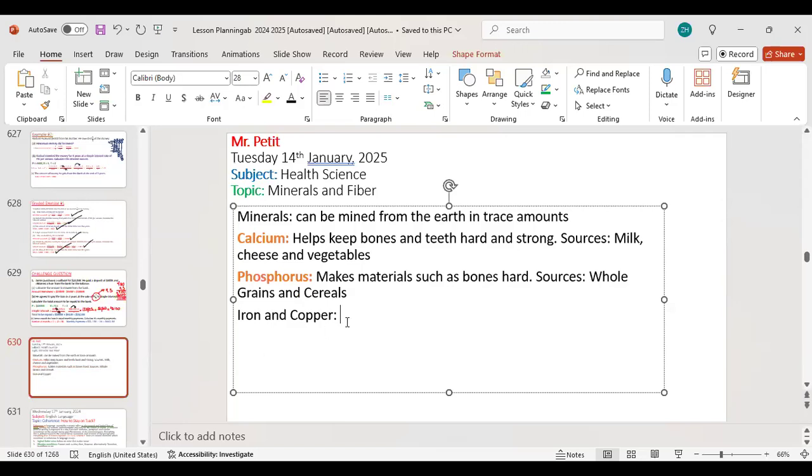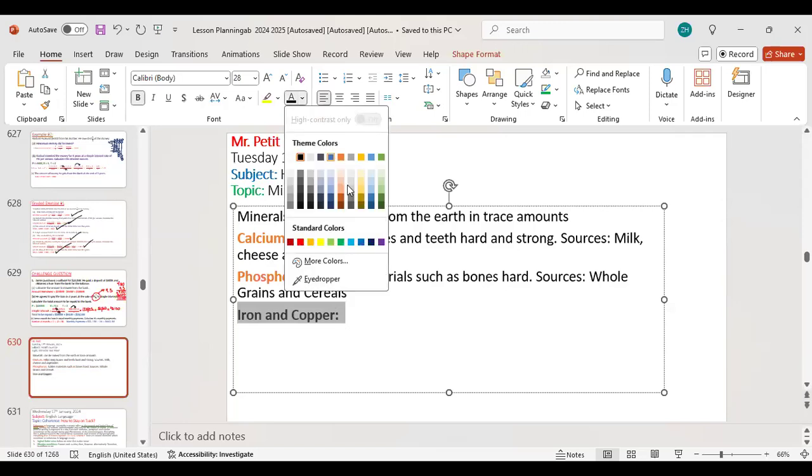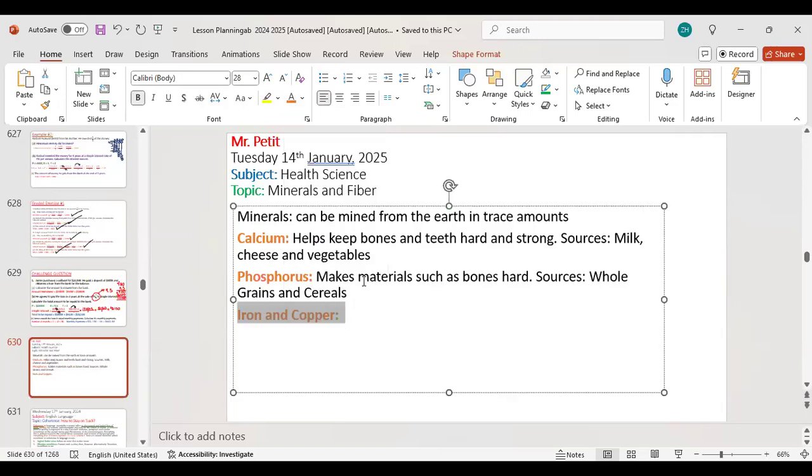Now, these are actually elements. Calcium is an element. Phosphorus is an element. I don't know if y'all remember elements from general science, but an element is a pure substance. It's what we can find on the periodic table. They are not only in the soil, but they are also inside of our bodies, which means that if